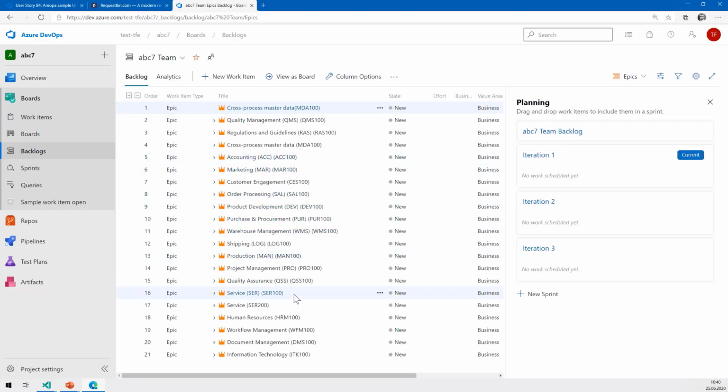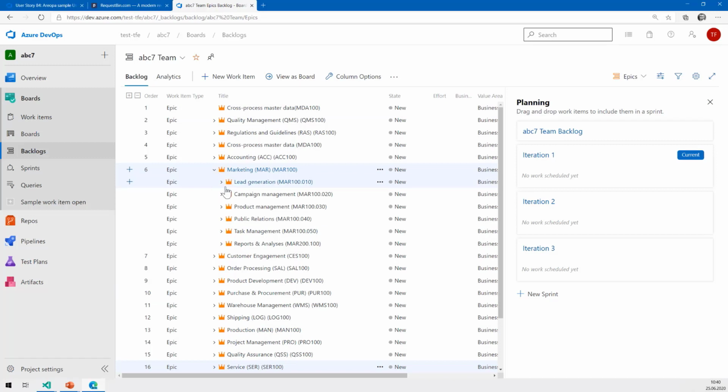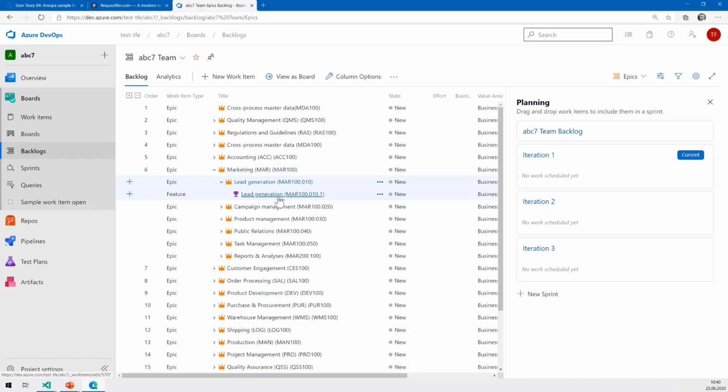So you can see here we have an epic structure, we have sub-epics, and then we have features. In some areas we even have user stories. But that way we are sure that we don't need to create a lot of content in Azure DevOps, but we're just using the API to pre-create all this. And if we have found out in the pre-sales phase with a customer that some of those epics or features don't make sense in that particular project, we just don't add them, or we add them and add a comment that they are out of scope for now.